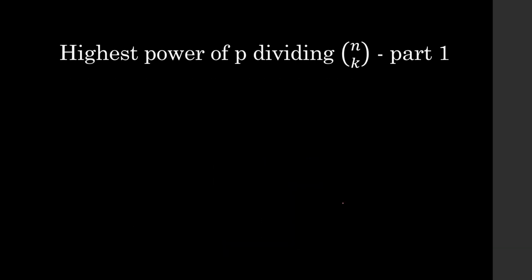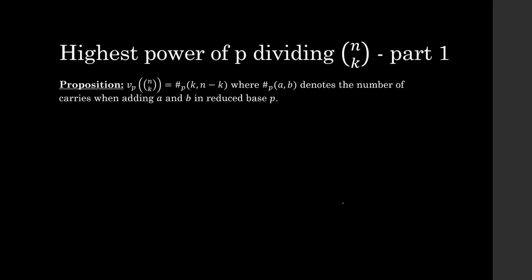Moving on. Okay, so we've done it for the factorial. Now we want to do the same thing for the binomial coefficient. And that's where it's going to be a little more interesting. So, my proposition is that v_p of the binomial coefficient n choose k is going to be this hashtag